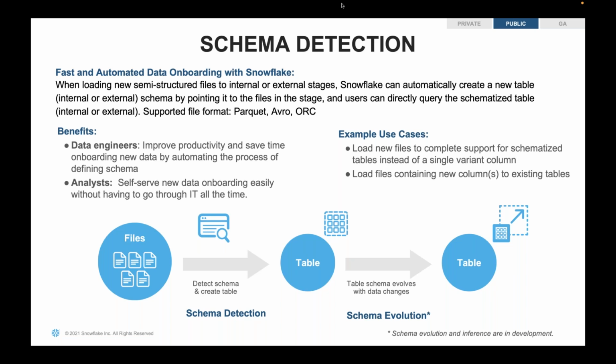As soon as you write your semi-structured data, Snowflake will identify the schema of that data and help you create the table with that particular definition of the data. Snowflake provides that capability, called schema detection. It's a very new feature, recently rolled out. Not many people know about it or use it, but it's very good.